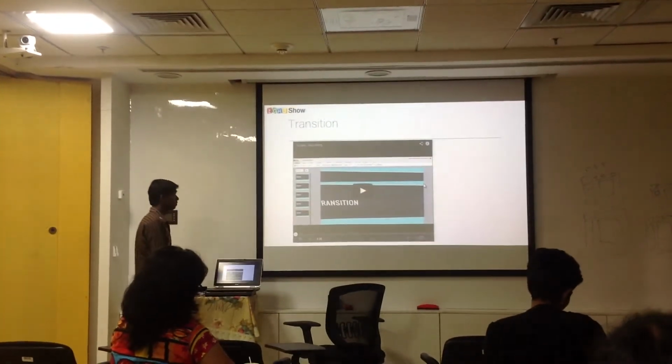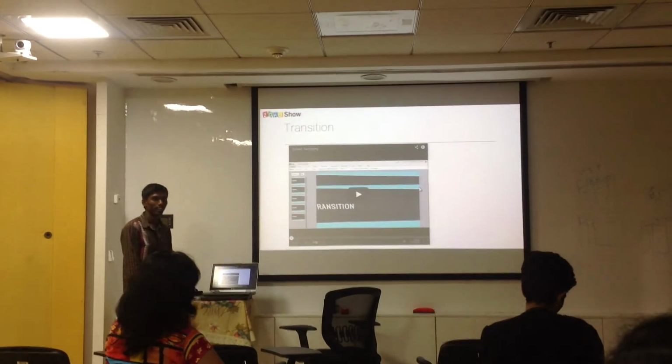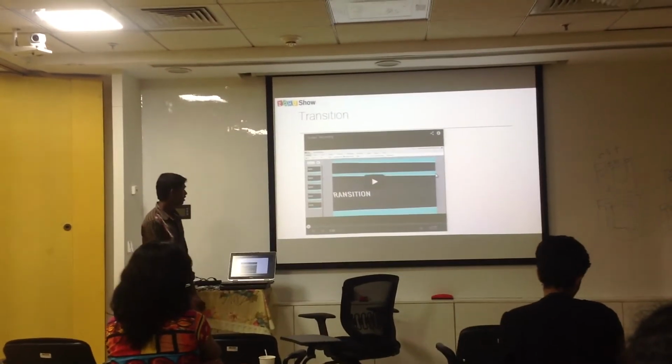And transition, ZogoShow supports transitions and animations.